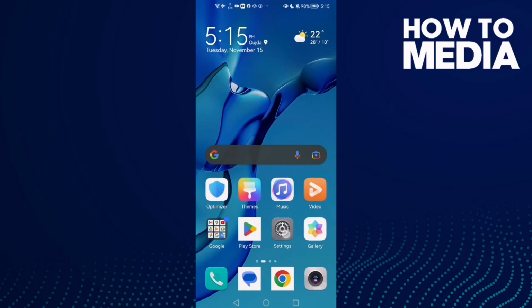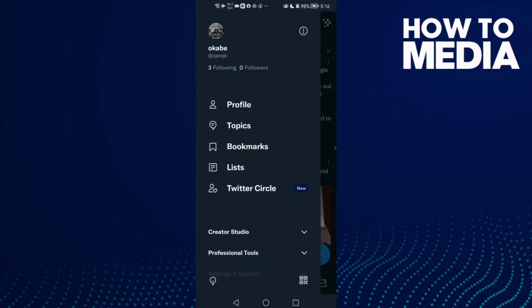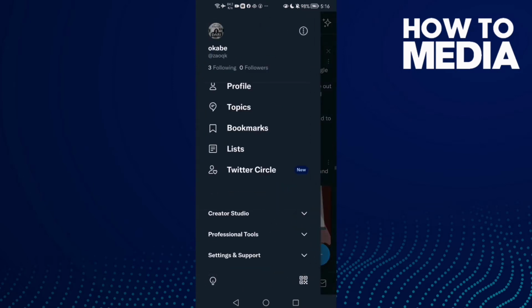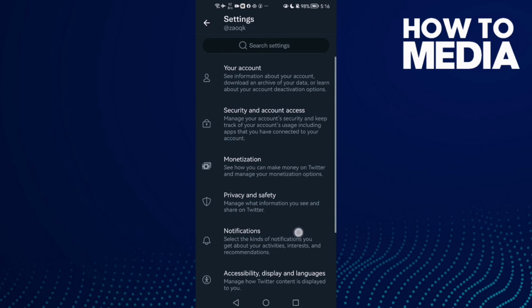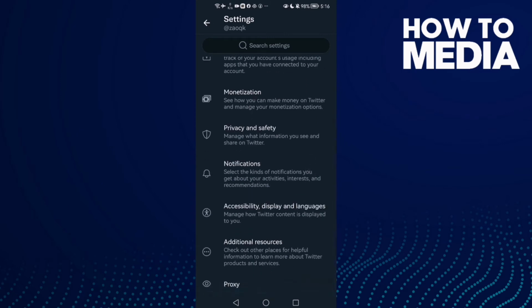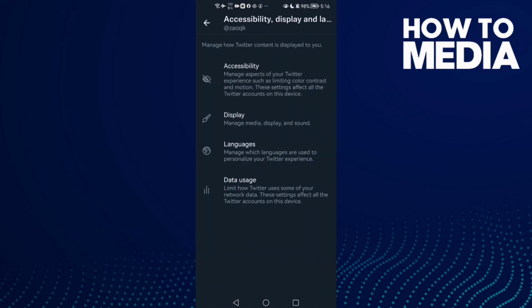First open settings and open Twitter, and then click on your profile here, and then click settings and support, and here we'll find settings and privacy. Click on it, and now just scroll down until you find here accessibility and display language and languages. Click on it, and now click data usage,